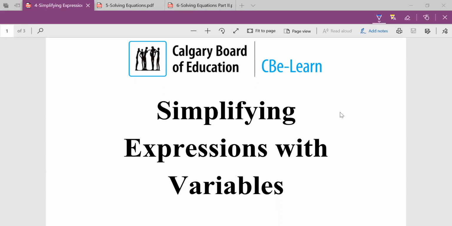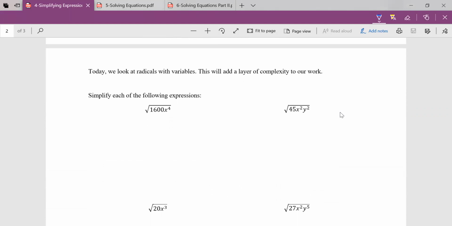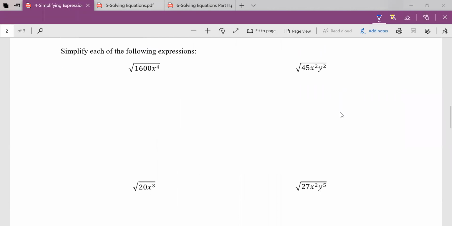Hey, 20-2s. What we're going to look at in this lesson is simplifying expressions that have variables in them. All right. Because we're going to add in these variables, it will make things a little bit trickier. But let's see how this goes. So simplify each of the following